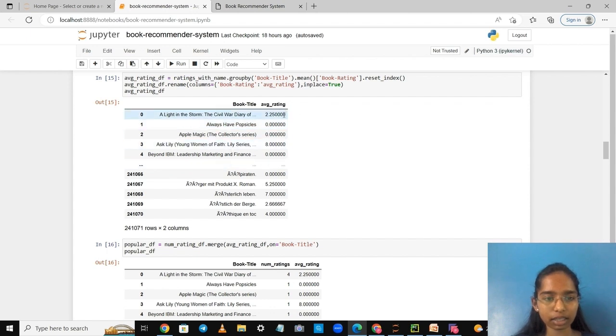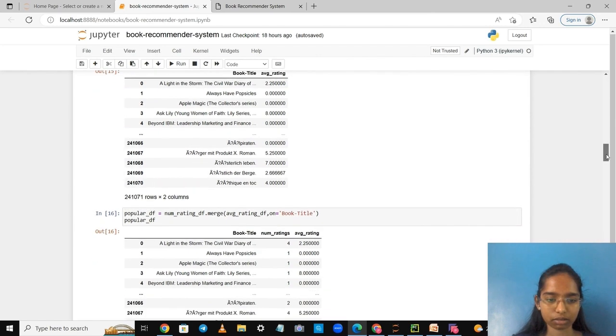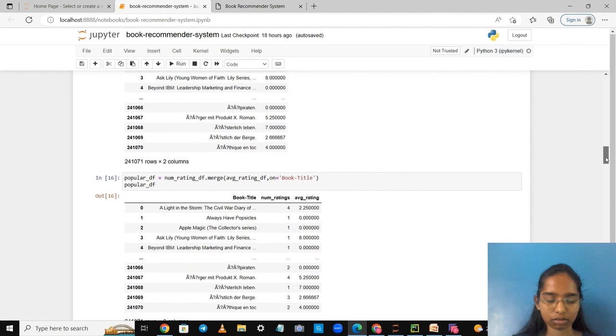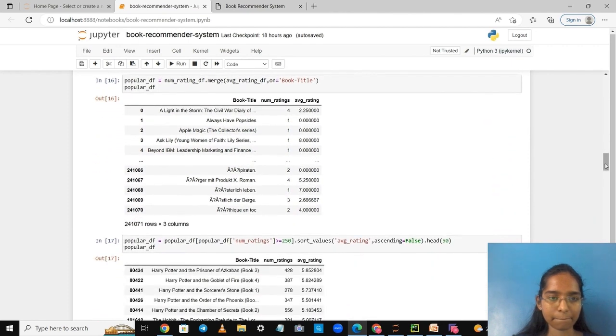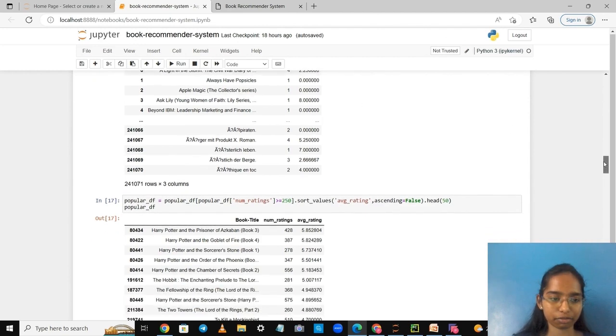These are the ratings for every book, and we have to take the average of it. Now we are merging it on the book title, so that we get the number of ratings and the average ratings in the same dataset. We'll call it popular DF.